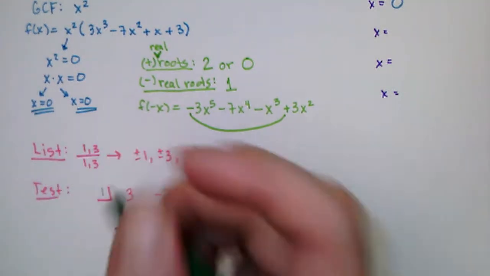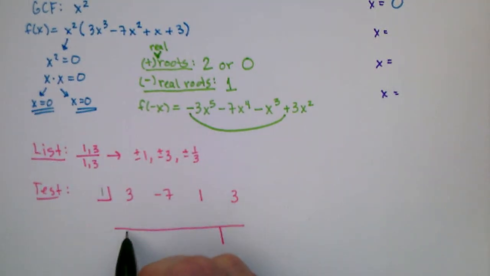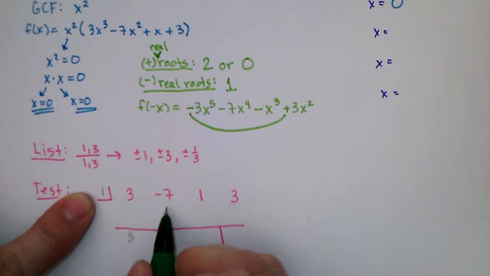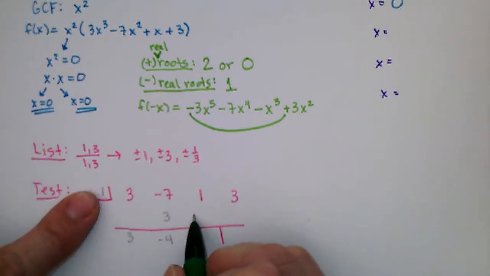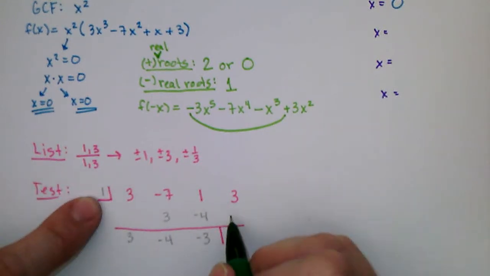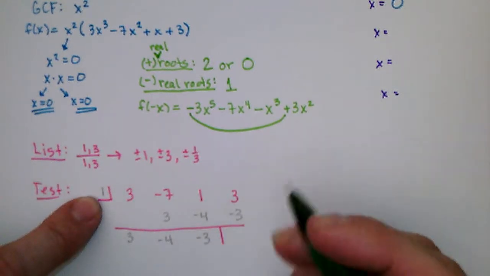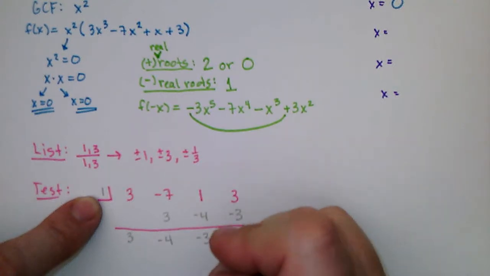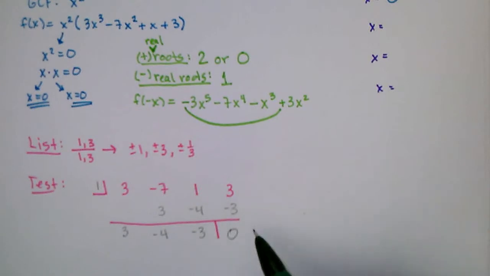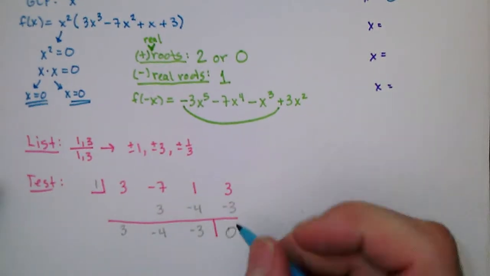So if I test 1, then the 3 goes straight down. 3 times 1 is 3. Add these 2 numbers. Negative 7 plus 3 is negative 4. Negative 4 times 1 is negative 4. Add these 2 numbers. Negative 3. Negative 3 times 1 is negative 3. Add these 2 numbers, and I get 0. Oh, wow. It's my lucky day. I got one on the first try. Since that remainder is 0,